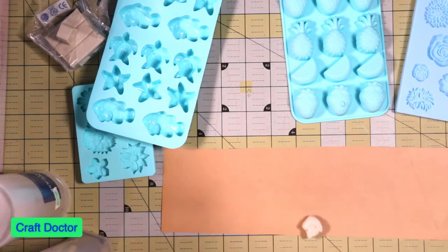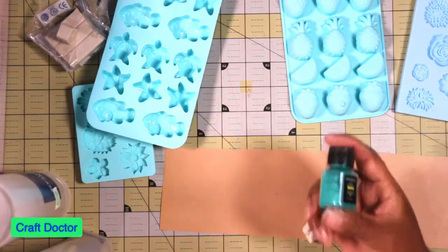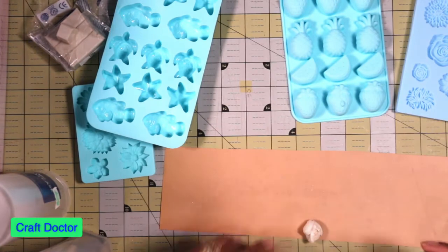So what I'm going to do is I'm about to pause you because I want to go get something. Pause. Blink of an eye for you, 2 minutes for me. Okay, what I did was I have this Arteza mica powder, and what I want to do with it